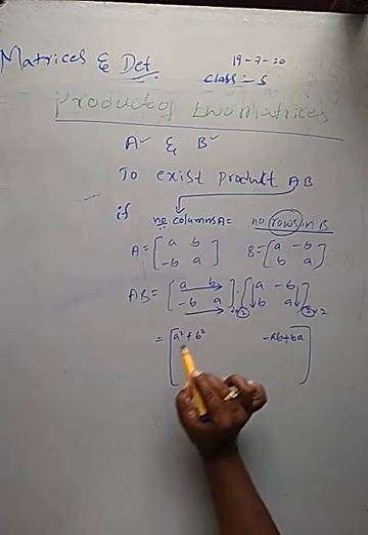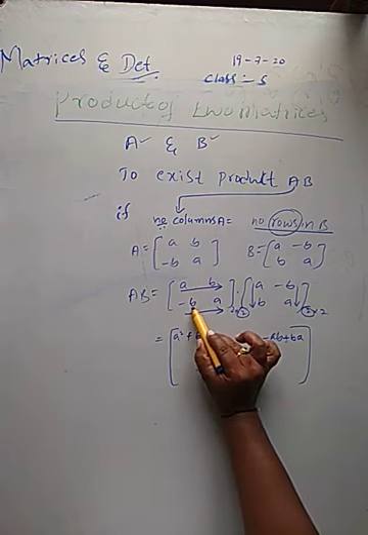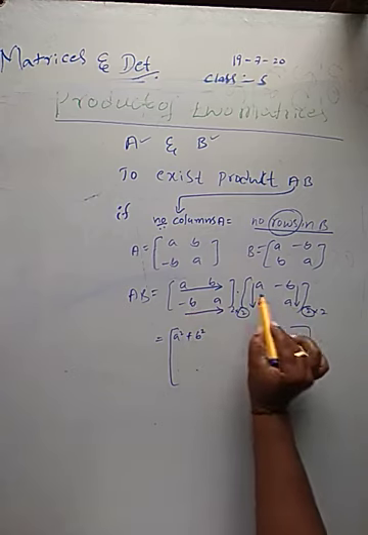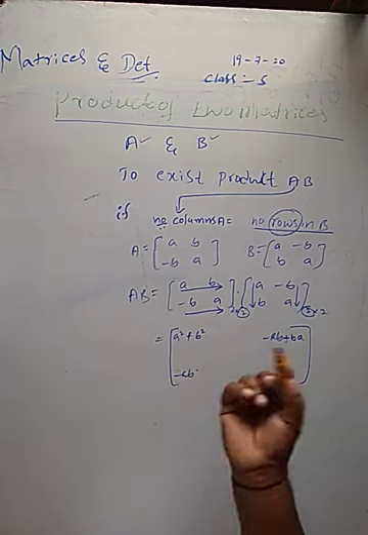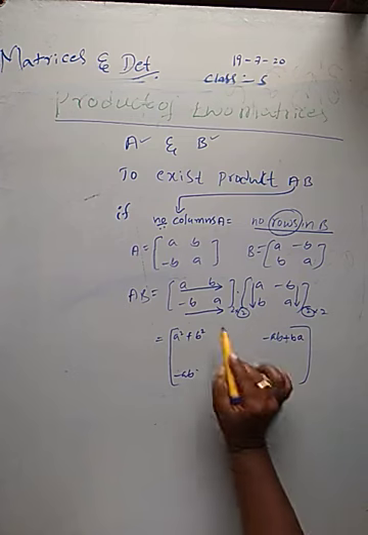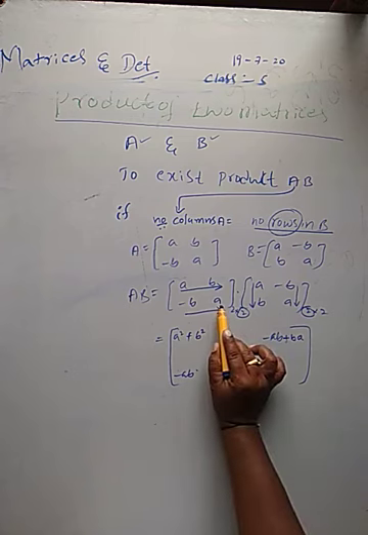Again, yes. What is the first element in the second row? Minus b. Then come to the first column of the second matrix, A. So, minus AB or minus BA. Both are same. Is it completed? No. Another element is there. Another element A with respect to B. Multiplication is there.